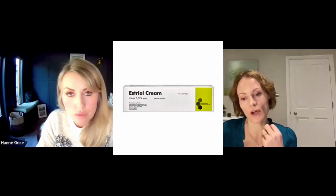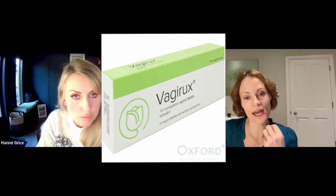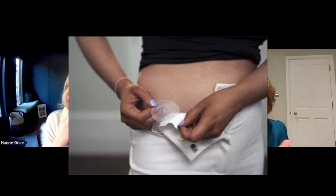Because there are products that are oral HRT, there are also vaginal HRT creams and little tiny tablets that can be easily lost. If you drop one, it's hard to find, although they're very low dose estrogen. I think any medical application needs to be kept well away from pets. And when you're taking off a patch, make sure you seal it completely and dispose of it in the bin straight away, rather than leaving it around where it could become attached to a child or to an animal or